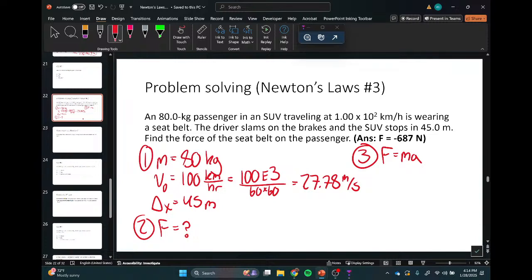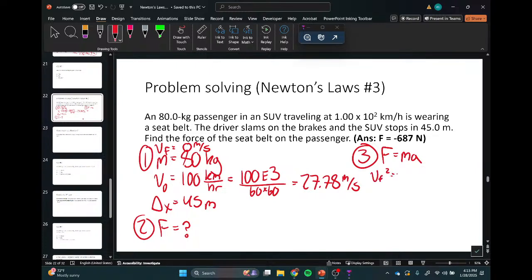Oh, there is another given I forgot to put here. What is it? Final velocity equals 0. It's going to stop. I mean, it says so. So if you're like, what if I forget these givens? When you're looking at kinematics equations, if you feel you don't have enough information, ask yourself, do I know the acceleration? You look through the problem. No, I have no idea. Do I know the time? No. Do I know the final velocity? Oh, I missed the word stops. I do know the final velocity.